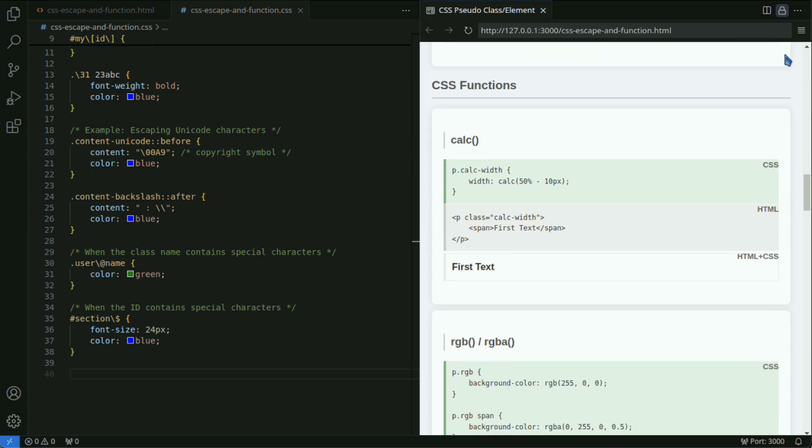Let's take a look at CSS functions. In CSS, you can use functions to dynamically specify or calculate styles. Here, we introduce some typical CSS functions.